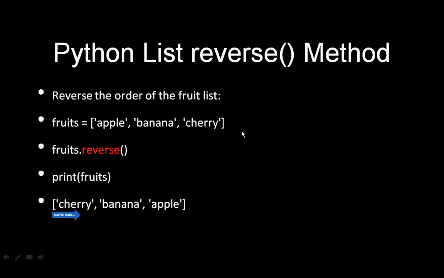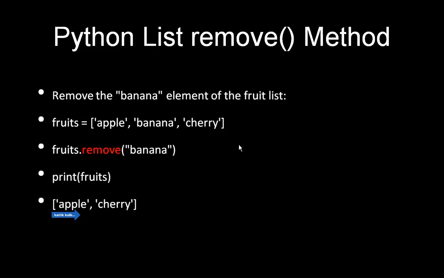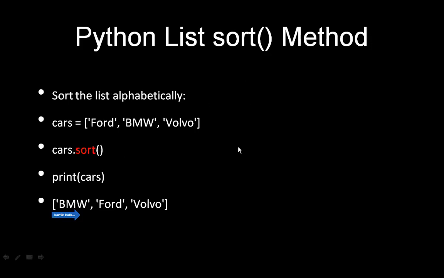Okay, now next, we will be moving into the sort method. Here we are going to look into the last method, that is the sort method. So what do you mean by the sort method? As the name itself indicates, sort means to sort any given list alphabetically. We are going to sort the elements of the list alphabetically.